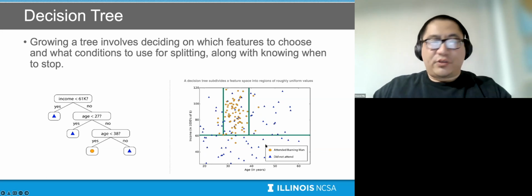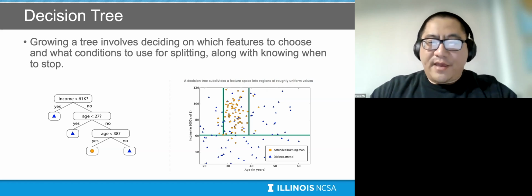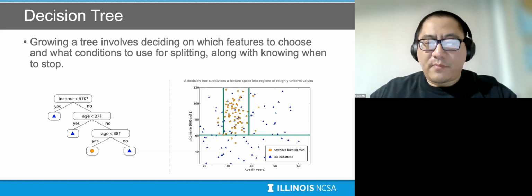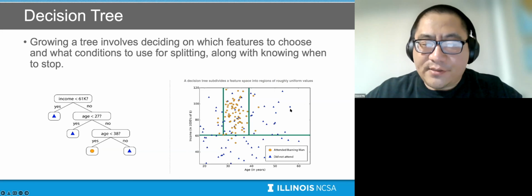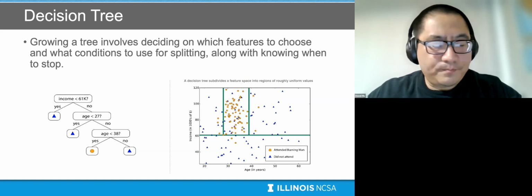A very straightforward example: growing a tree involves deciding which feature to choose and what condition to use for splitting, along with knowing when to stop. Okay, we have a data set on the right-hand side. Those blue triangles indicate the people who do not attend the Burning Man event, and the yellow round dots are the people that attended Burning Man. So how do we build a tree to